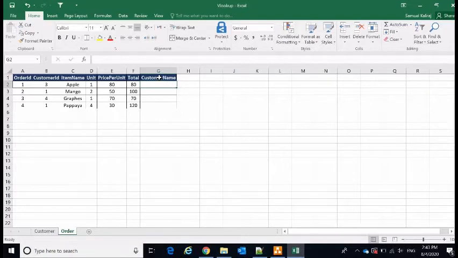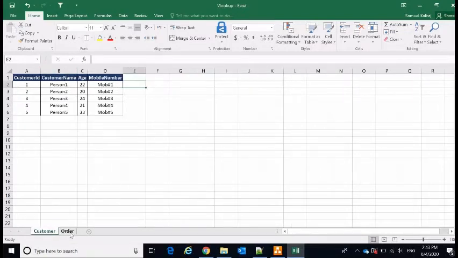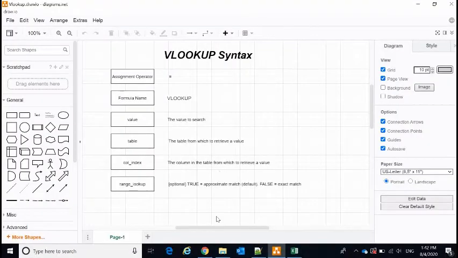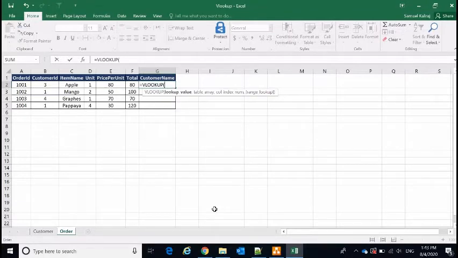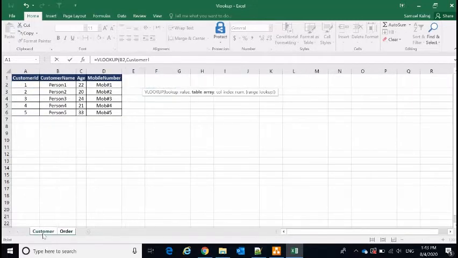So now we are going to autofill this customer name using the VLOOKUP, by retrieving customer name from here. Okay, so first we have to put the assignment operator, then the function name VLOOKUP. You can just press the tab button, so it will automatically type VLOOKUP. Okay, so what is the lookup value we need? We need customer ID. Okay, next comma, in which table do we have to find the customer ID? In the customer sheet. Just click on the sheet.